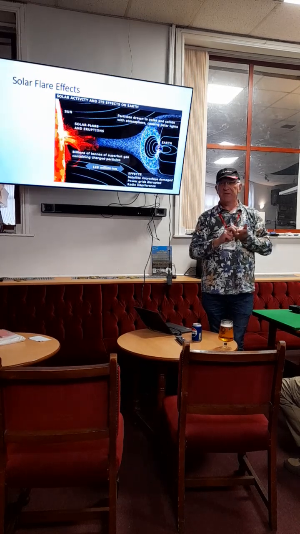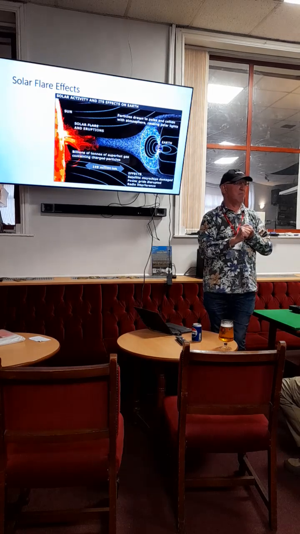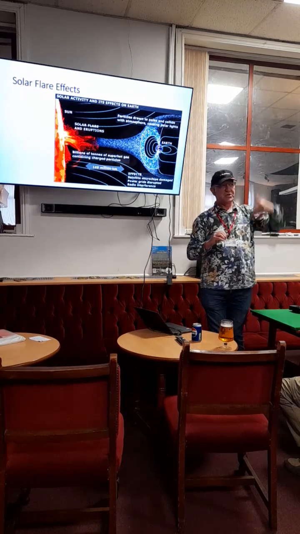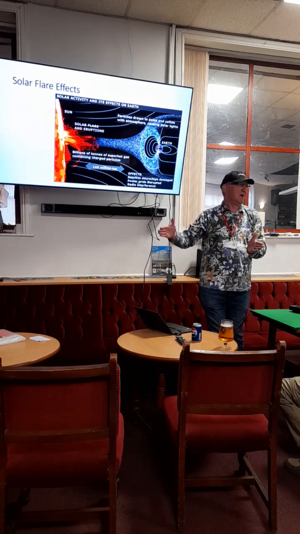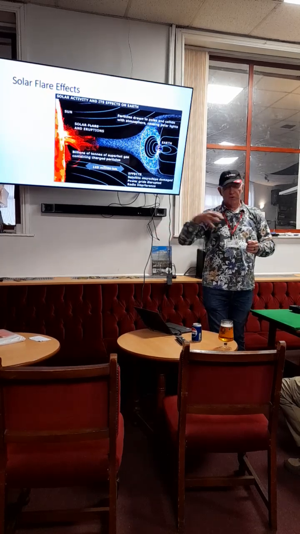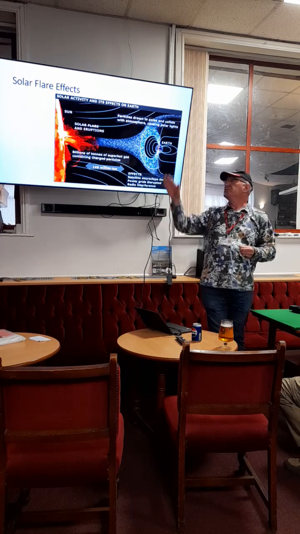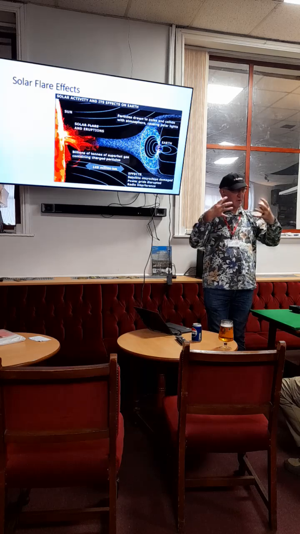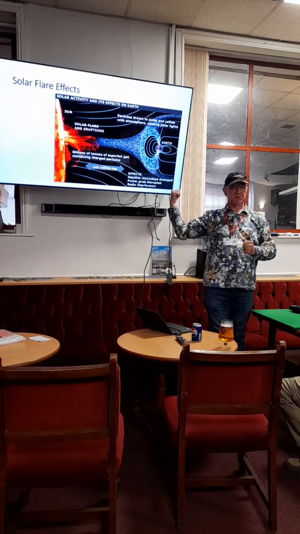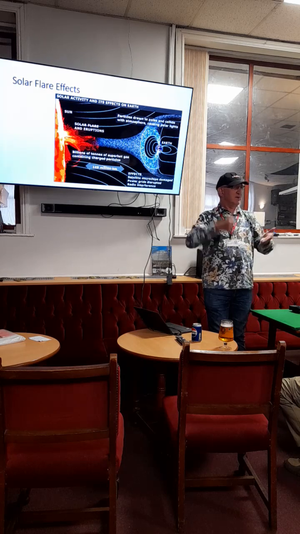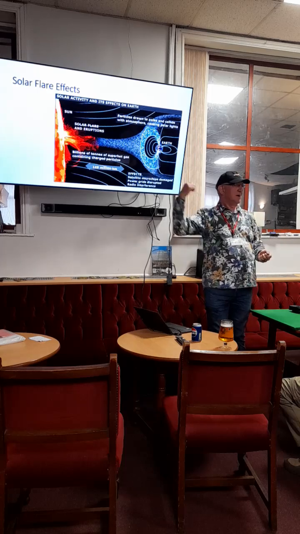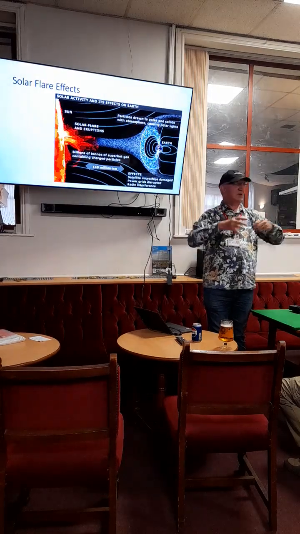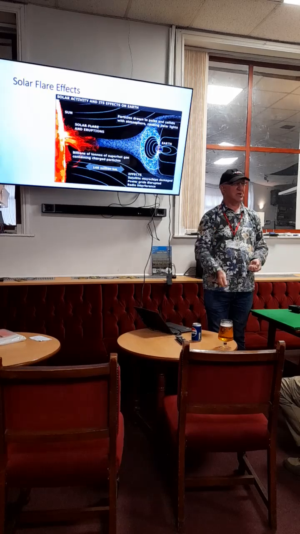Initially, what you get is like an X-ray and radio wave burst from the sun. That's how they know it started. That will cause an immediate sort of loss of high-frequency communications. It'll recover, and then a little bit later, the shock wave will arrive, which will do it again by belting the magnetic field. Then it will recover again, and then the charged particles will arrive, which will do it again. So you kind of get this crunch, crunch, crunch effect every time we have a solar flare, and it can, depending on the intensity, nobble your HF communications,